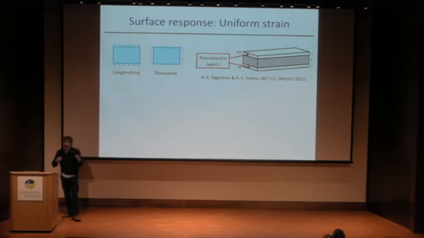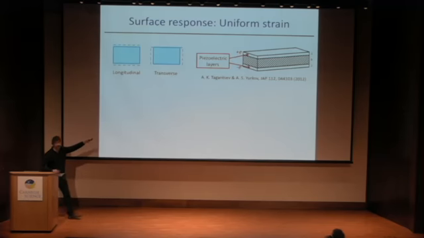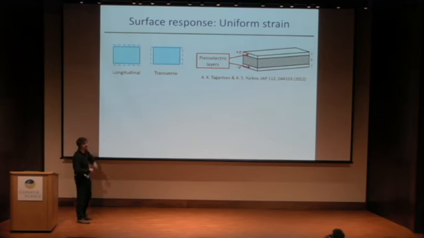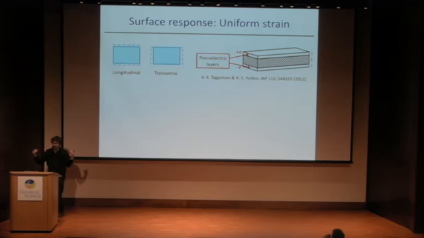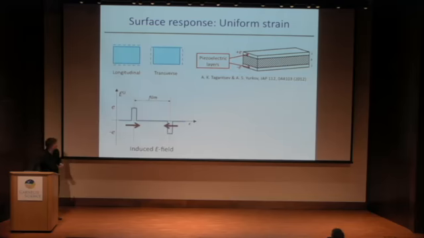Well, because any surface of the most symmetric material actually behaves like this, because the surface breaks inversion symmetry just because the bonding environment is truncated, so it does have a piezoelectric response near the surface. And you can represent this way. If the slab is centrosymmetric and you strain it, you will have an electric field in the surface region on one side and an opposite dipole on the other side in such a way that the overall response to a uniform strain cancels, just because the system is overall centrosymmetric.